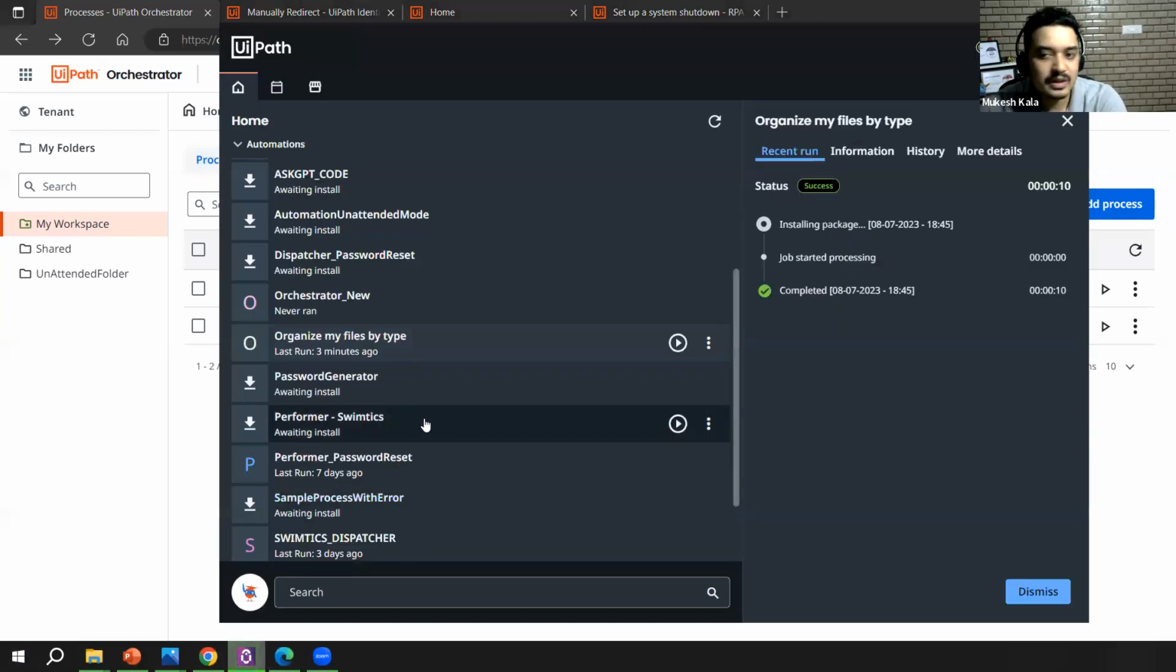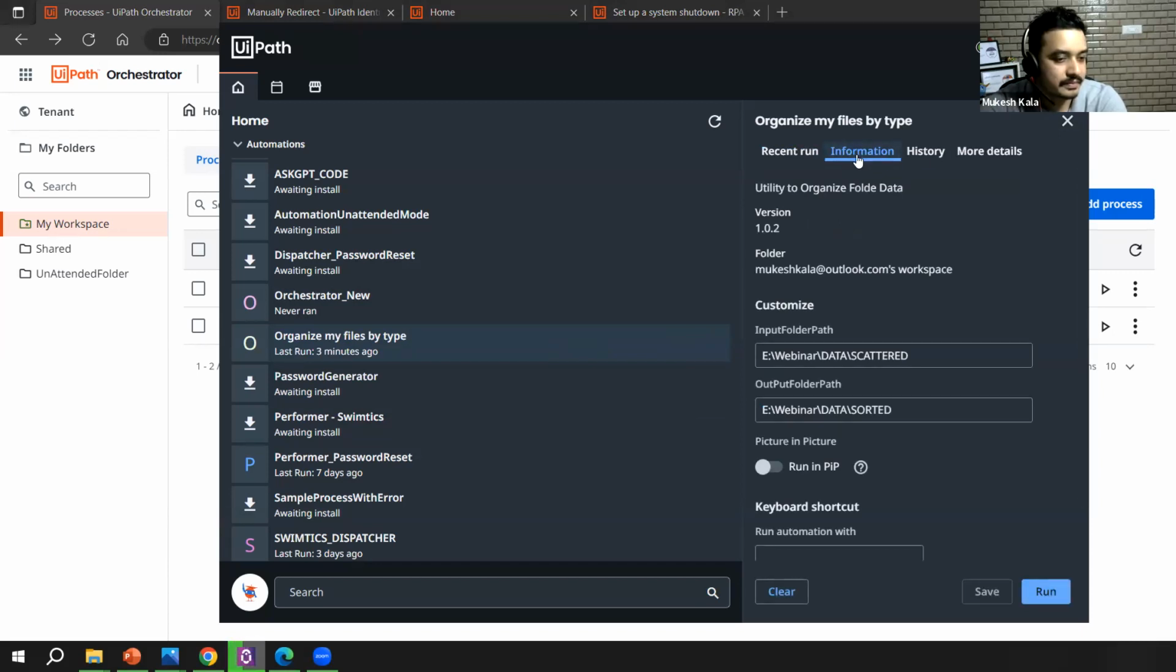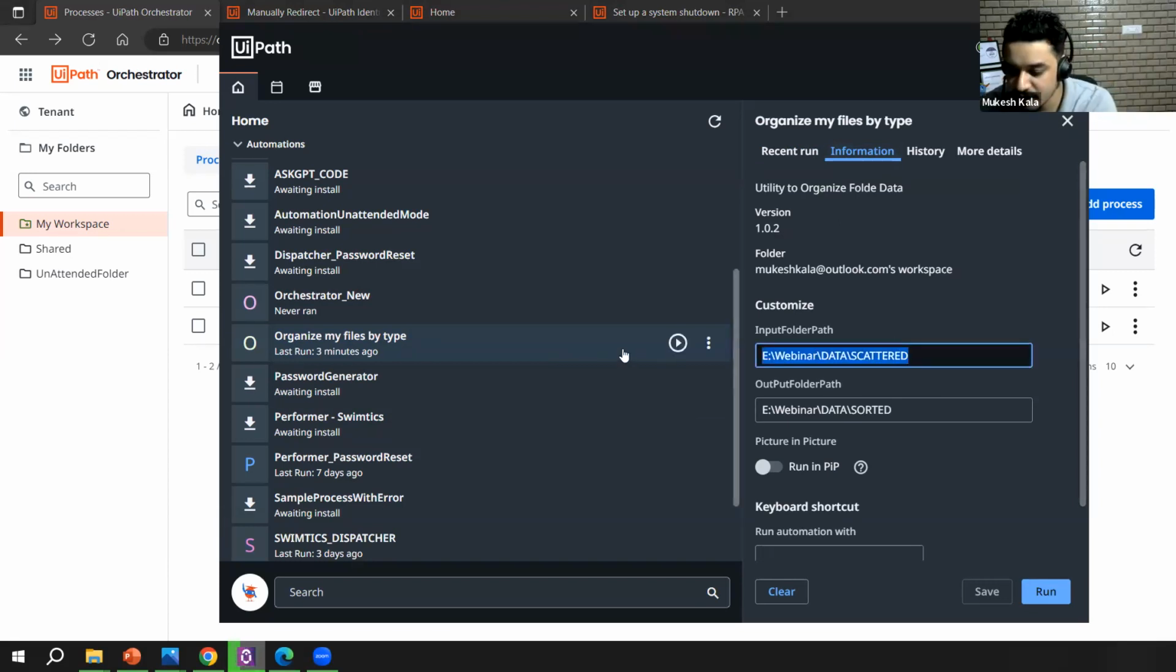So whenever you run any component, whenever you go here and you click on this, you have this thing which is called information. By default, whenever you run it for the first time, it asks you, do you want to save? So I clicked on the save button. That is why my information is saved here, right? If I remove this,